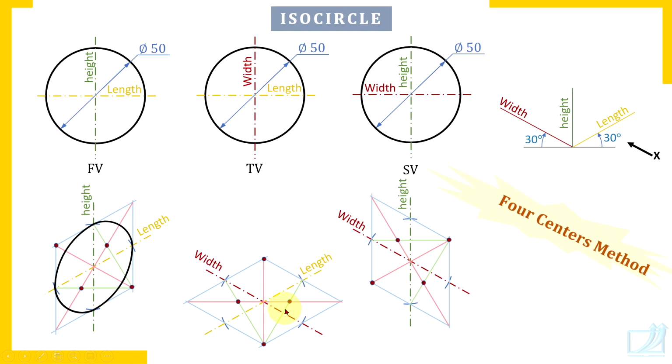Now for the longer arcs, centers are in diagonally opposite quadrants. So check here. And for the shorter arcs, the center is in the same quadrant. So if you want to draw an arc here, then the center is in the same quadrant here. Check. So this is how we have drawn this circle which is in the top view of the orthographic view. Here it is in the top plane of the isometric view.